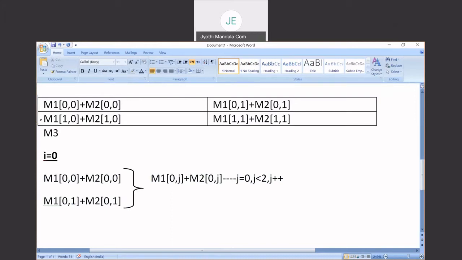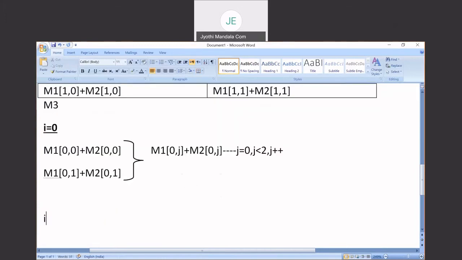Now the same for the next two columns, let us take this one. That means for I equal to 1.